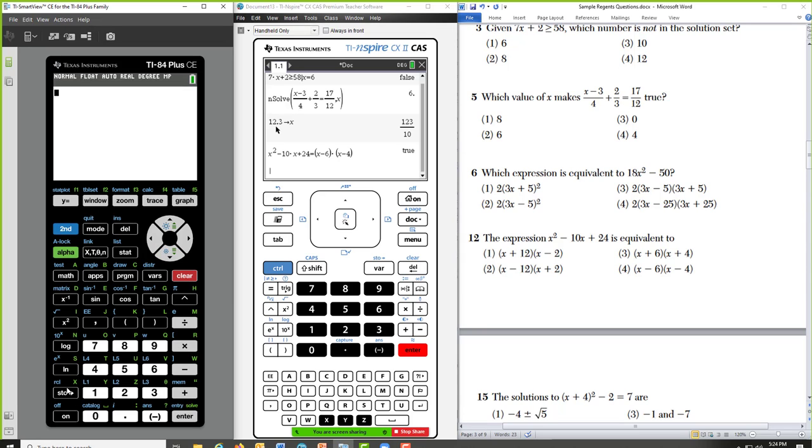That arrow on the store button points right across the keyboard. So we're going to be using that. 12.3 store into the variable x. What if they decide to throw a second variable in there? Go the other way. 32.1. Store into a different variable. And now you can check multivariable algebra.